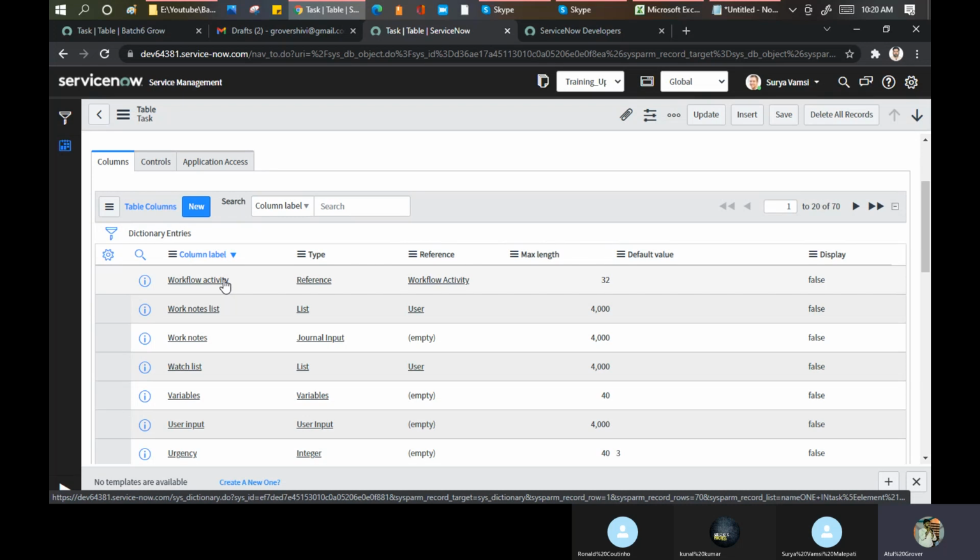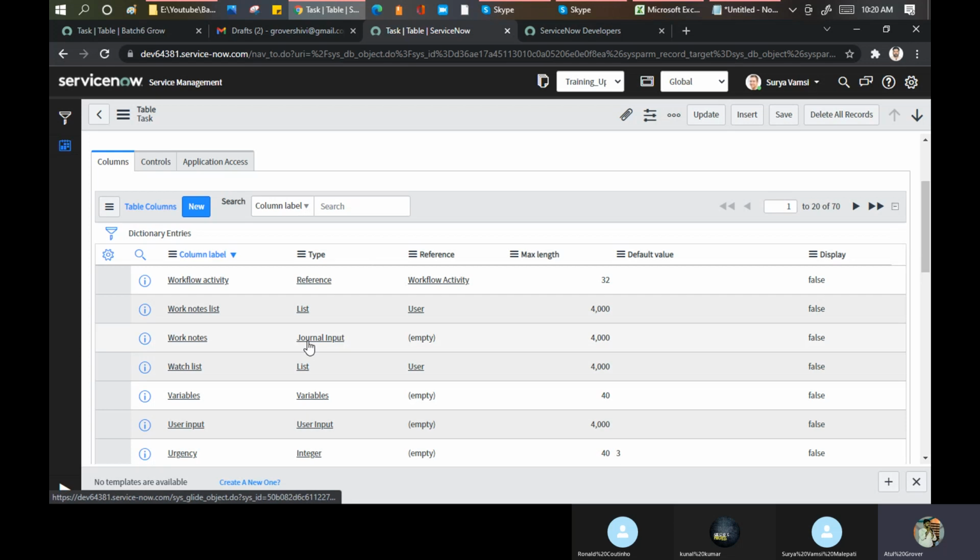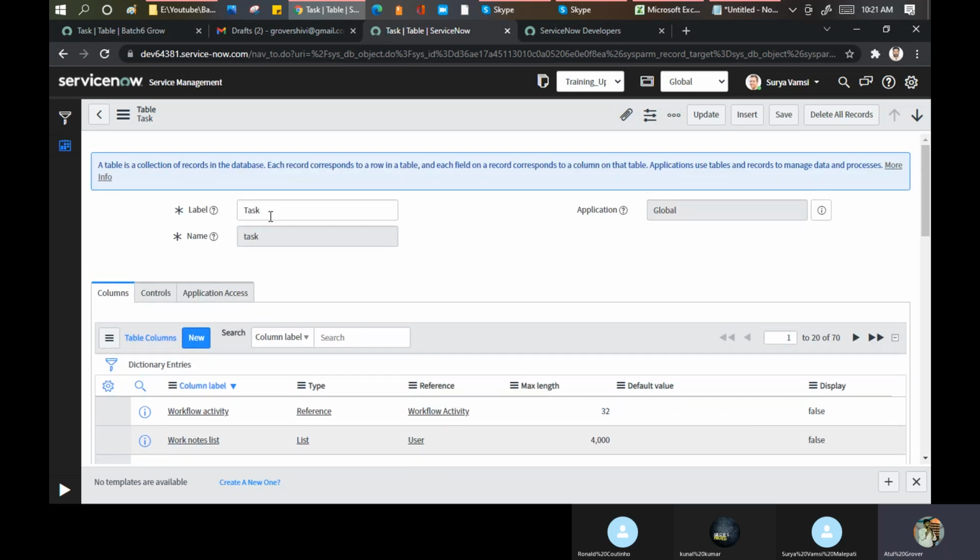Because they know that if any guest is coming, he or she should not bring these things on their own. They can use these things from the hotel. With that bottle, you can make tea, use it in drinks, or use it for some other purpose. So in this table, these 70 fields are there which you can utilize in any other table as well if you extend this table while creating your own table. Little confusing, I'm sure.